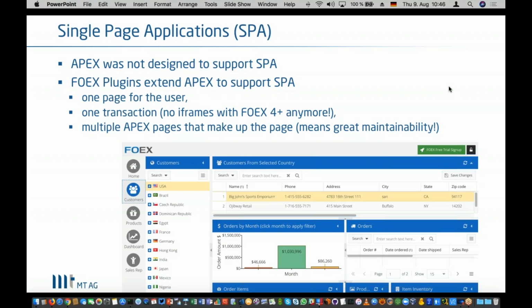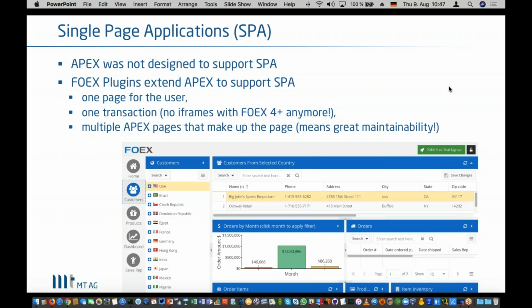That's cumbersome in Apex, because having 20 regions on one page can be quite slow, but it can also become not maintainable anymore. It takes you a lot of time to get aware of what this complex page actually does, even before going into enhancement of that page. In that case, I would strongly suggest you have a look at the FOX plugins.